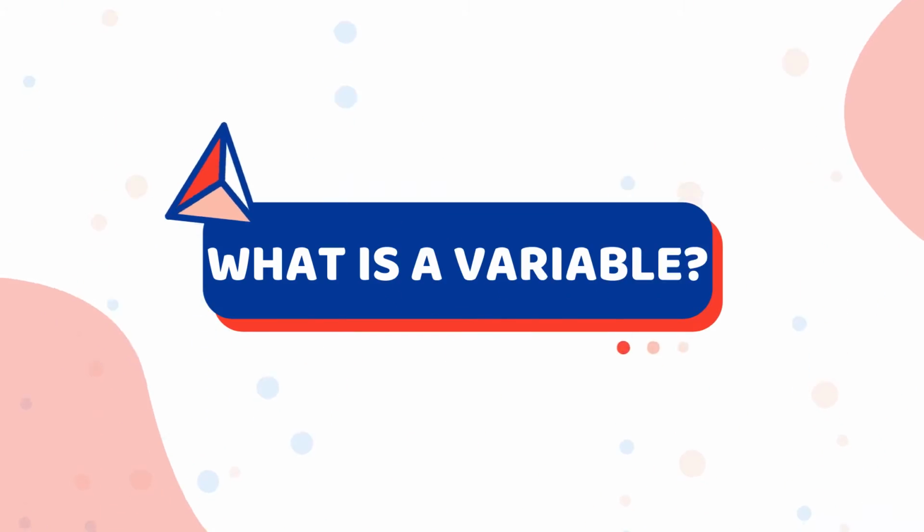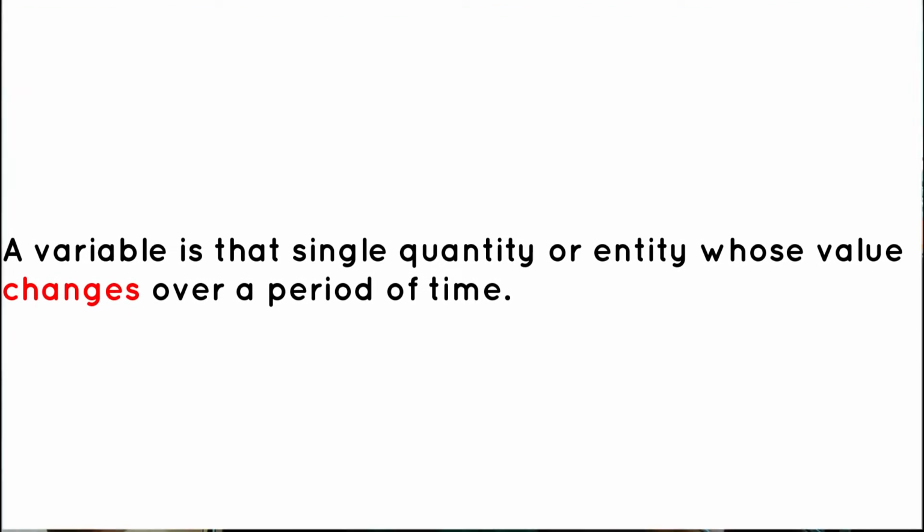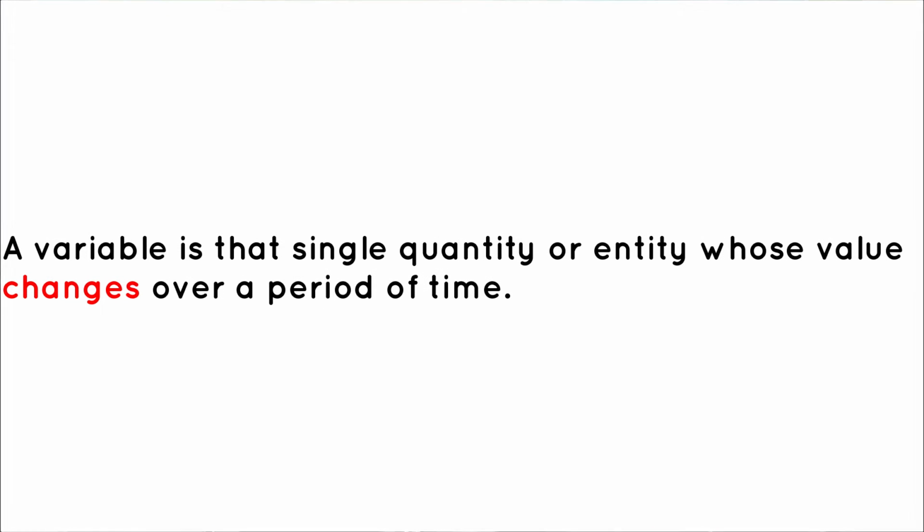So that being said, it's time for us to talk about one of the most important details when it comes to mathematics, whether we are doing applied mathematics or pure mathematics or statistics. This is quite important for us to talk about, and I'm talking about the concept of a variable. So let's define a variable. In simple terms, a variable is that quantity whose value can change over a period of time. So it's actually that simple.